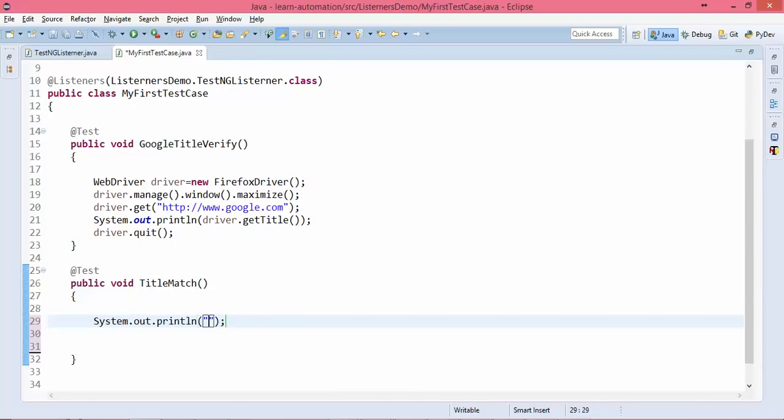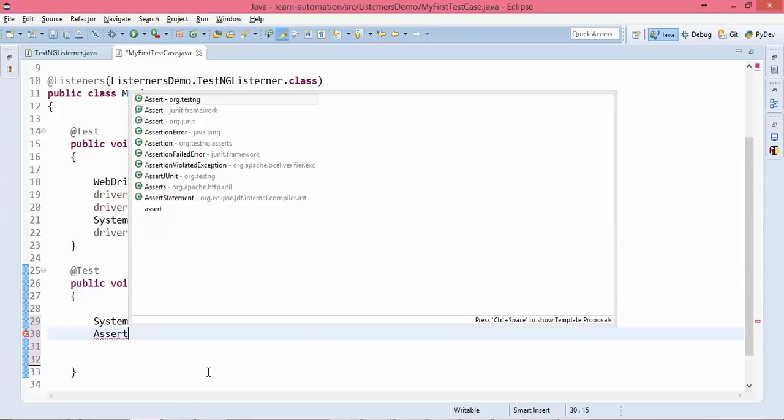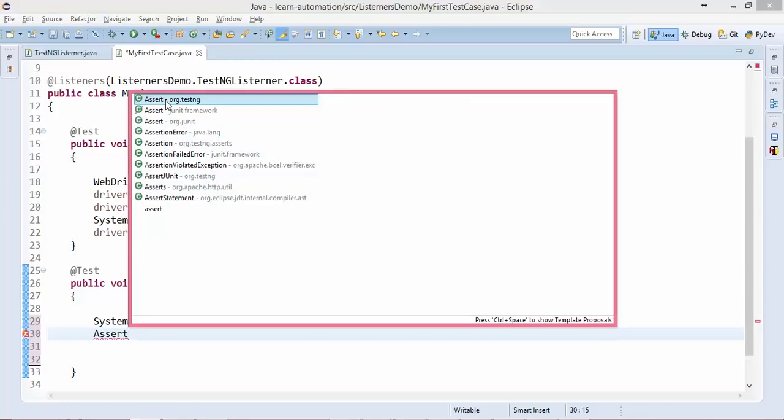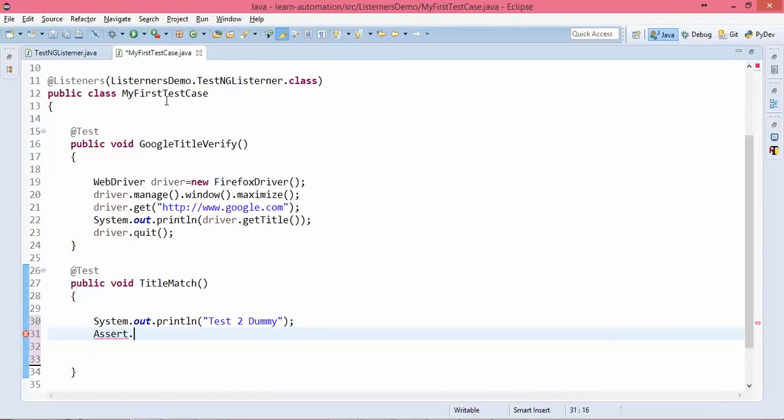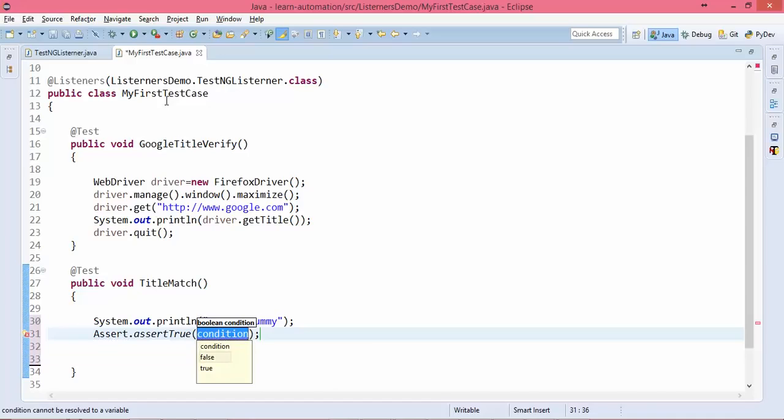So I will simply say sys out test two dummy, and forcefully I will fail this test. I just want to show you what happens if any test fails. So I will use one class of TestNG called Assert, which we generally use for assertion, and I will give the false condition.